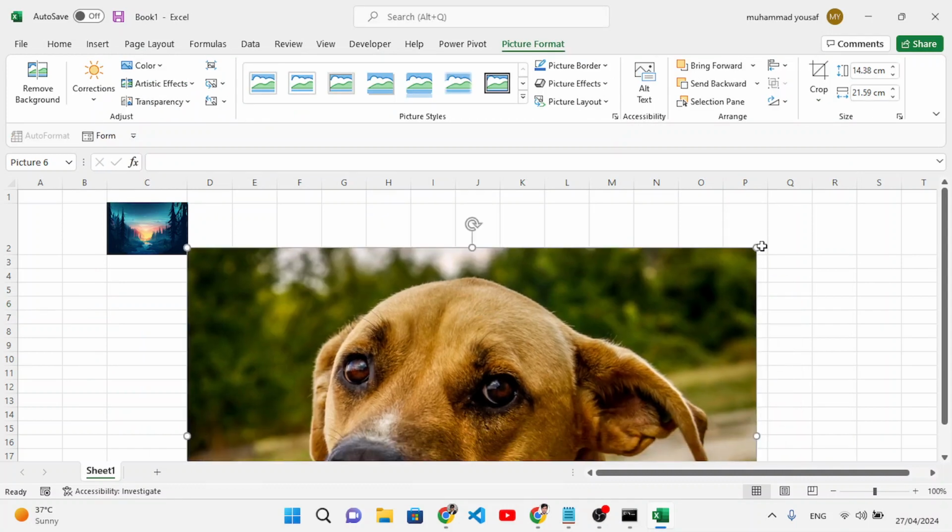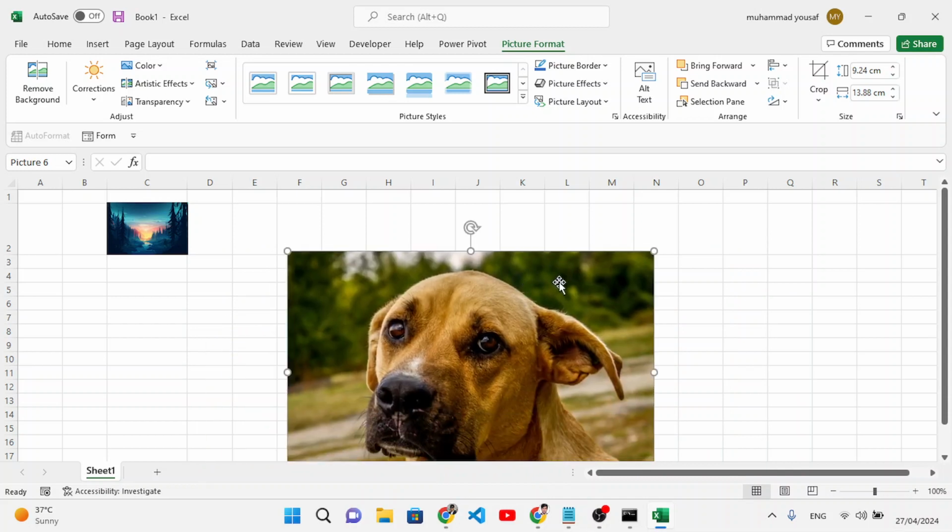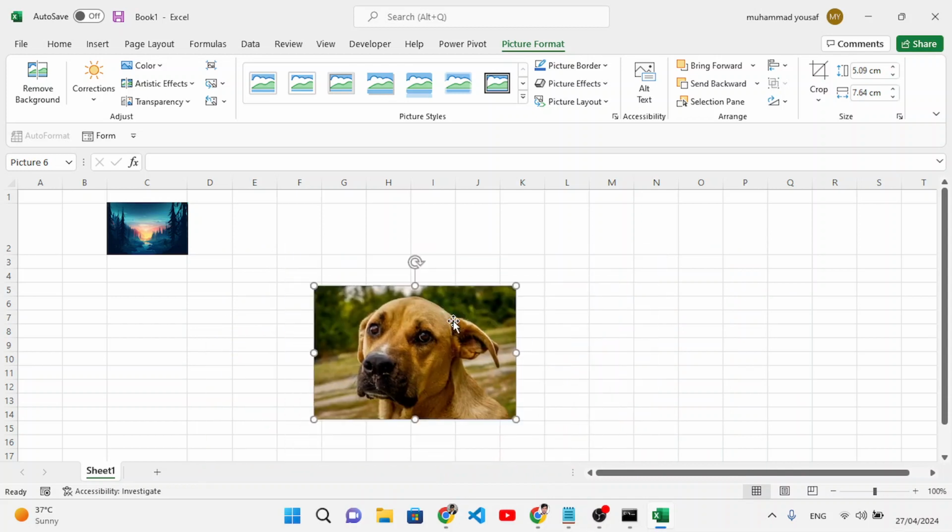So we can do the same as we did with the previous one. We can resize it and we can place this image wherever we want. So this is how we can automatically resize the image and also insert it in MS